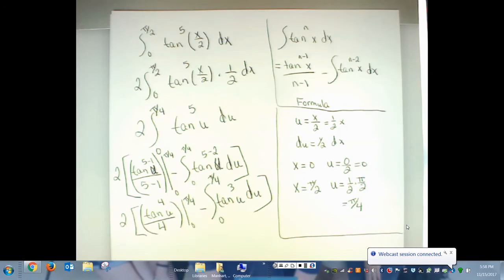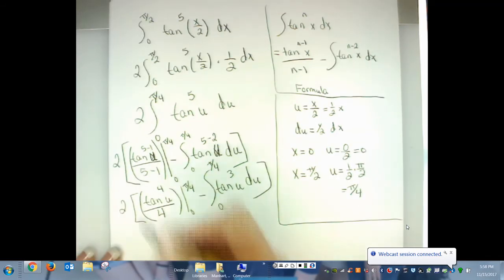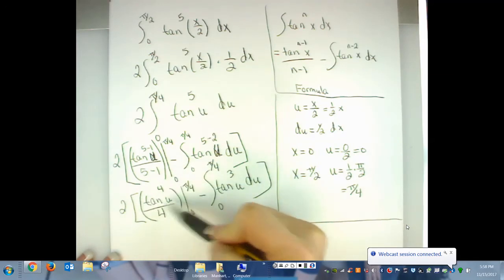Again, no plus c. This is a definite integral. So I would recommend taking, remember the 2's outside, so the 2's going to be applied to this and also this. So I'm going to go ahead and apply the 2 to the tangent of u to the 4th power